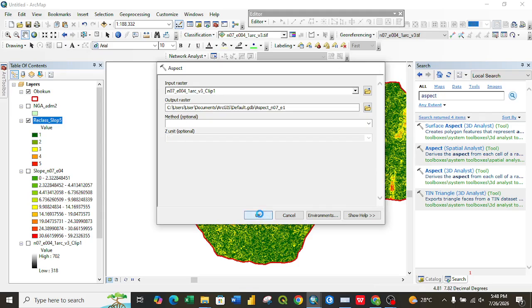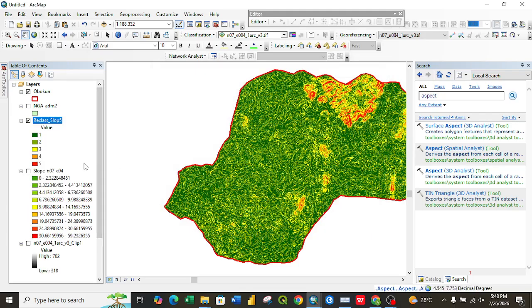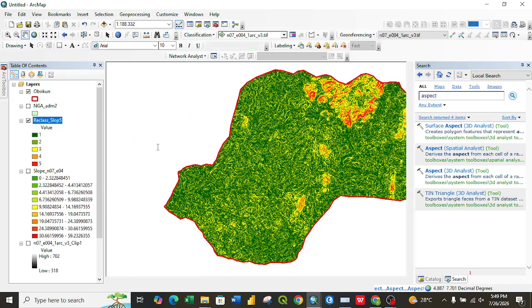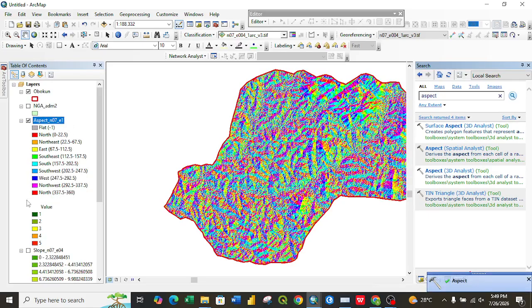So click on OK. It is loading. So that is the aspect map. So we move to